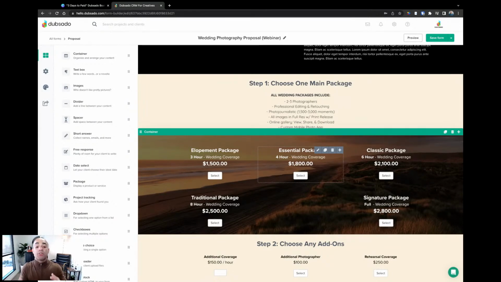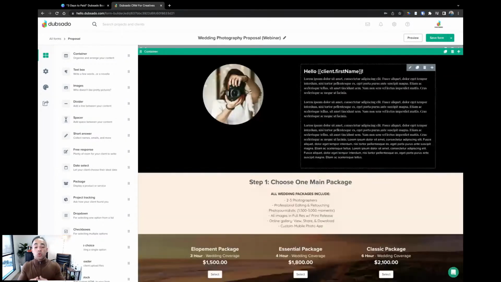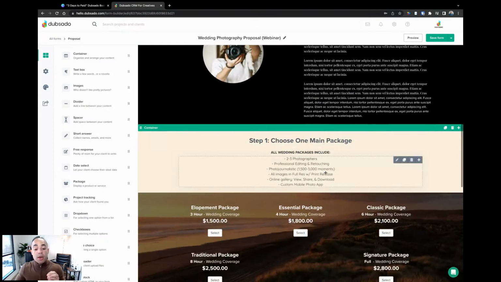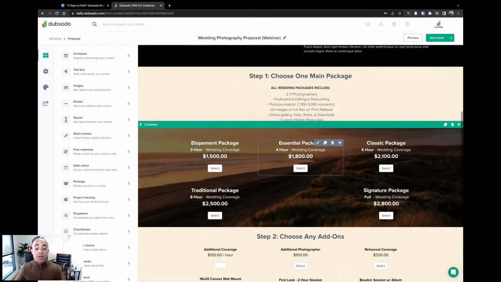It's an interactive form where they can see, if you have a bio on your form or testimonials. This is really where you are pitching yourself to your client. You're trying to show off as much as possible on your proposal so that your clients want to purchase your product or service. So with proposals, specifically the standard pricing proposals, the main thing that you're going to be doing